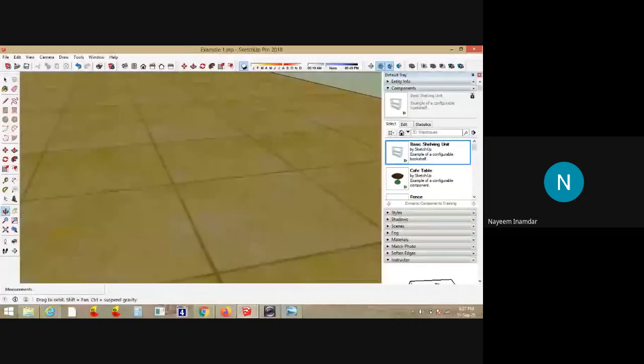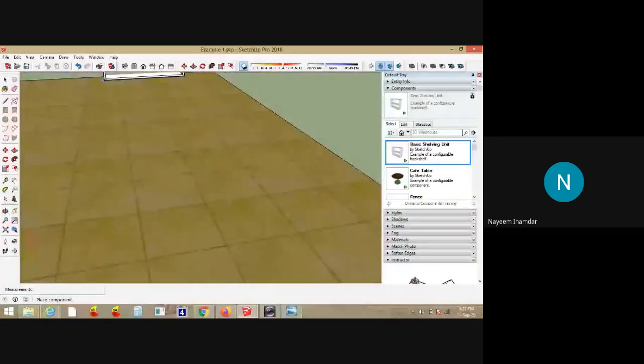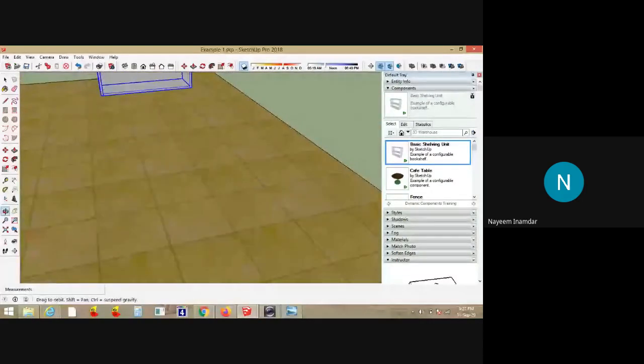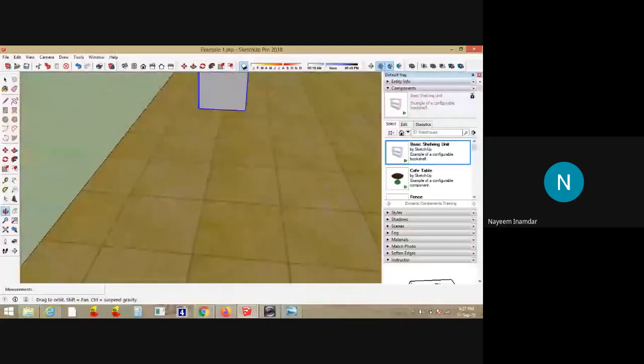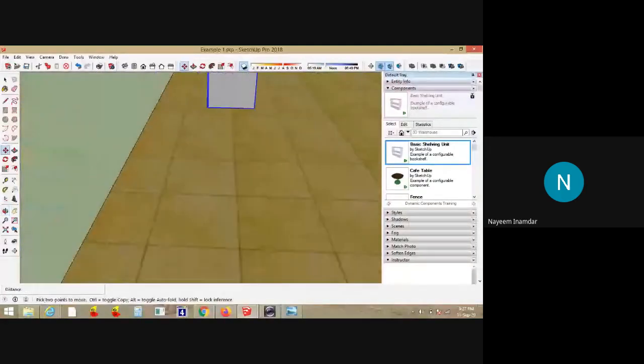Suppose if I want to place it somewhere here, you can do it. Just move it. You just move the shelf. So this is how you can fit the furniture.